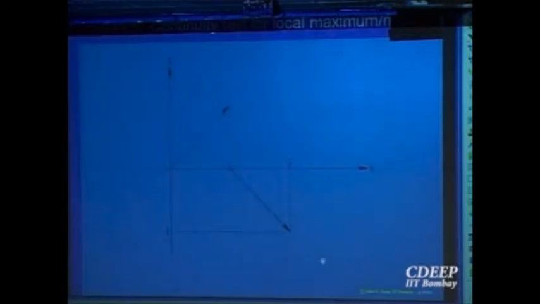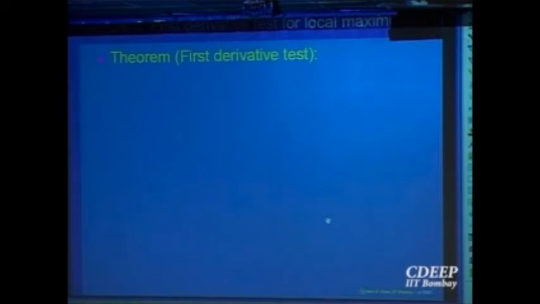So let me show the picture. This is what I had in mind. You can write down the formula for that anyway. At this point, this is a function going like this. There is a discontinuity. It starts again here. So at the point x equal to 1, you can say it is increasing on the left and decreasing on the right, but you cannot say it is a local maximum or a local minimum. So that condition is needed. This is when you had extra knowledge about the function, that the function is continuous at that point. Now let us go a step further.